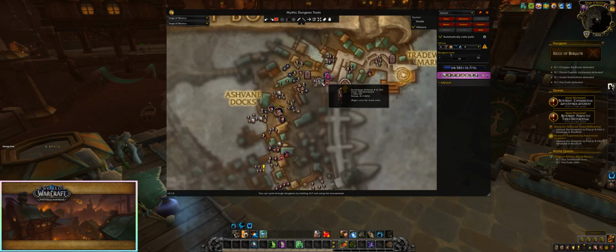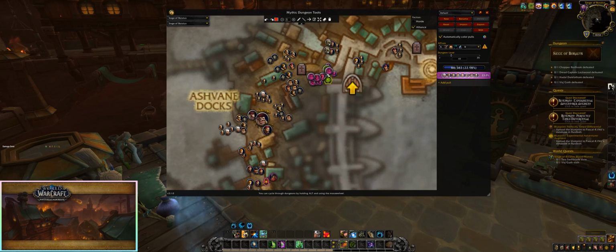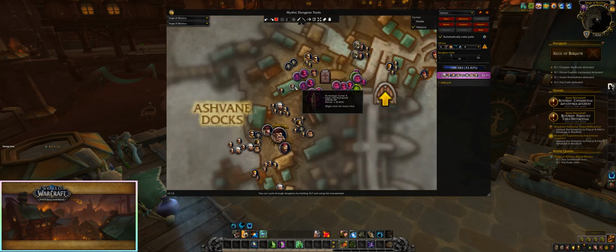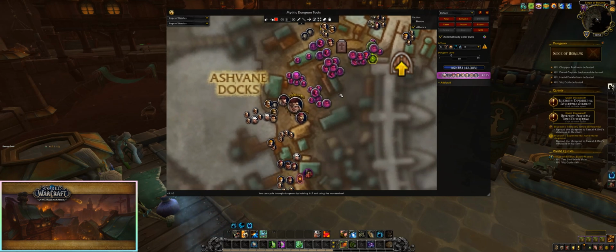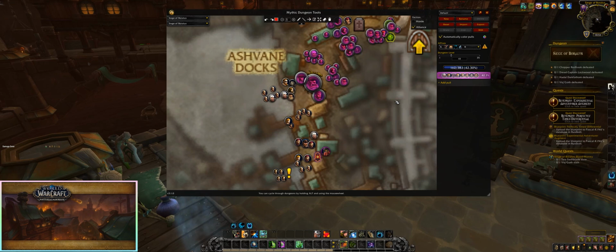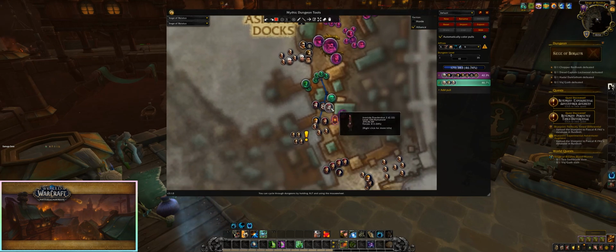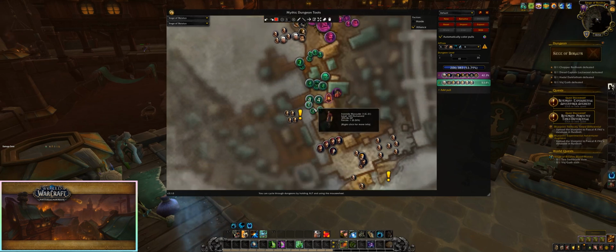We'll take care of the trash around here, and we'll also take down this obelisk in this area. We're going to continue over here, get the patrol, and you want to be careful not to pull these mobs. We'll pick on these mobs, and then we'll engage the boss. After the boss, we'll continue on over here, clear all this trash, and after this mob, we're going to take